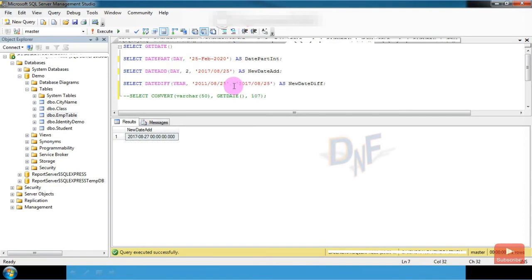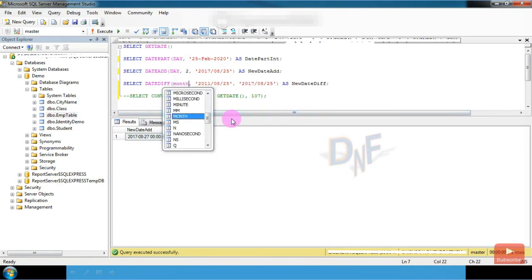The fourth important function is DATEDIFF. If you want the difference between two dates, we can use the DATEDIFF function. It is also used in three ways: you can get the difference in years, in months, or in days.